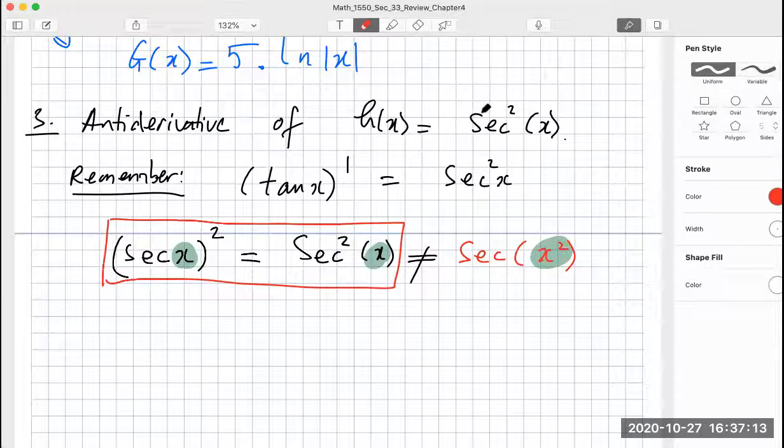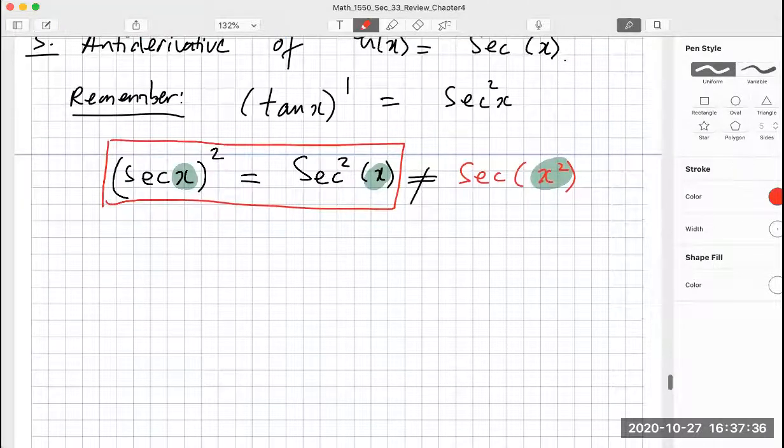If we need to compute the antiderivative of secant of x squared, it's really hard, right? Because something whose derivative gives us that is hard to find. Yeah, this makes the question a lot harder. So anyway, therefore,